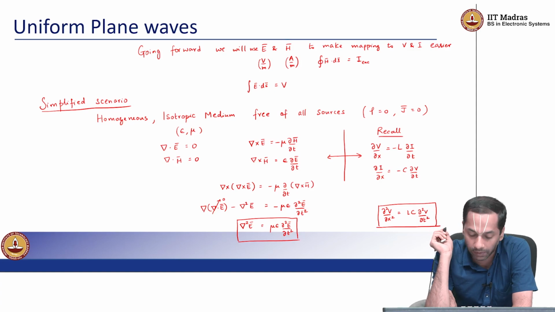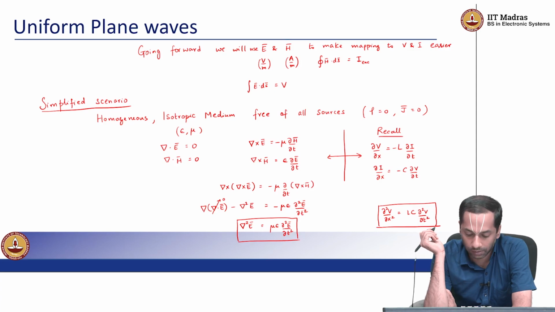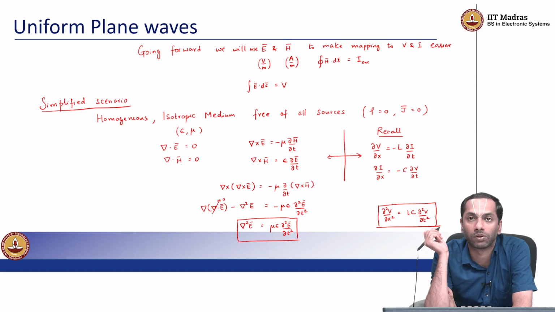Here now we have a vector field, right, which has three individual scalar functions, scalar fields, and we have a very compact way of writing the wave equation in 3 dimensions using this notation, which is the Laplacian acting on the vector field E is equal to mu times epsilon of dou squared E by dou